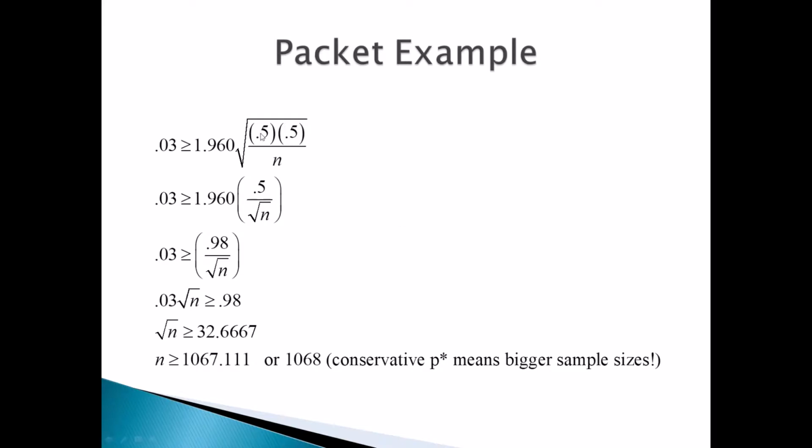But remember that 0.5 times 0.5 is 0.5 squared, and the square root of that is 0.5. So if you imagine the square root being chopped into two, one in the numerator, one in the denominator, the square root of 0.5 squared is just 0.5. n is still going to stay under the radical. 1.960 is also a fraction, it's over 1. You just don't see the 1. So you can multiply 1.960 by 0.5 and get 0.98. Multiply each side by square root of n, divide by 0.03, and you get square root of n is greater than or equal to